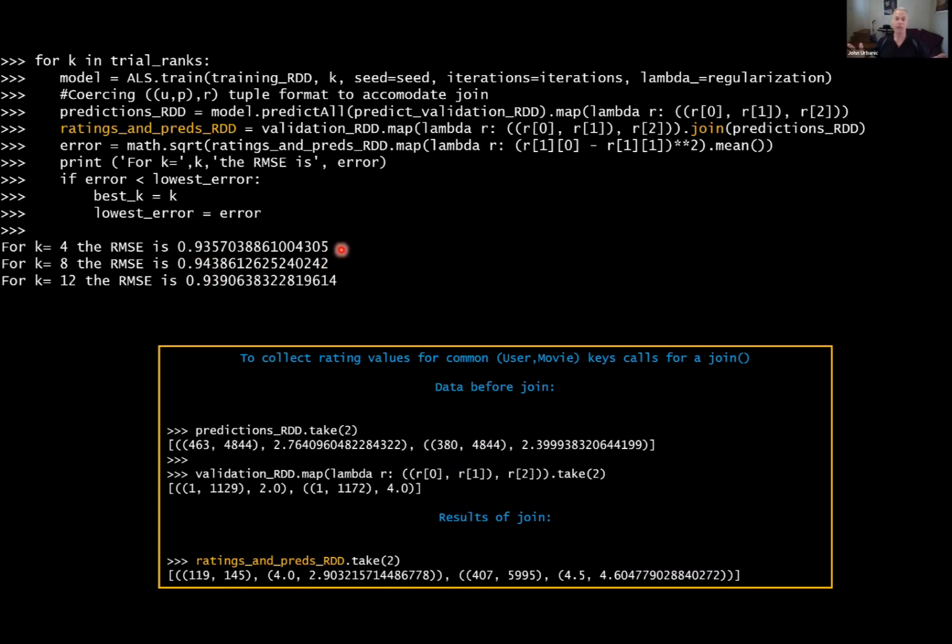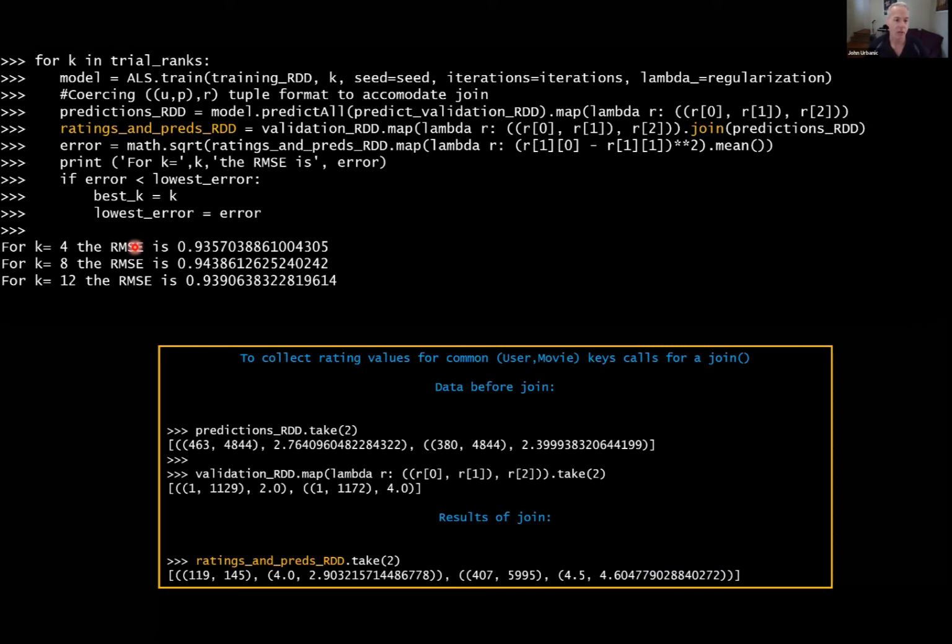Now that right away initially surprised me a little bit. I'm like, whoa, really? K already seems kind of small to begin with, given the size of our matrices. And then the smallest value of K is the best error. Well, that's what it's telling us. And there doesn't seem to be a flaw in our process here. So we got to go with this. We got to trust this. However, I'm still suspicious. It seems like intuitively larger values of K should be more expensive, so we don't like them for that reason, but they should give us a lower error. And the answer is, yeah, in general, that's true.